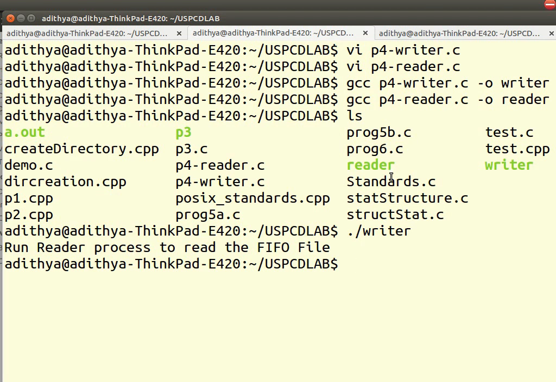And in inter-process communication, there are a lot of mechanisms. One of the mechanisms is pipes. We have shared memory, we have sockets, we have message queues, and so on and so forth. So I encourage you to go through each one of these techniques, and possibly try to write C programs to demonstrate all these things and share among yourselves.